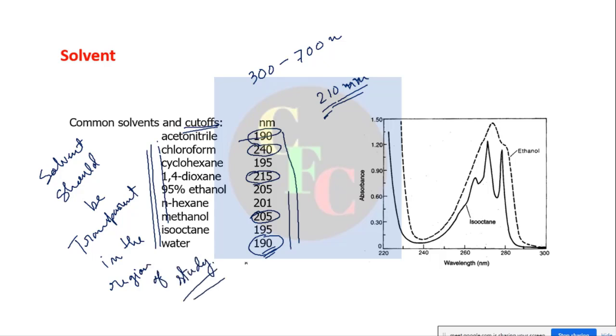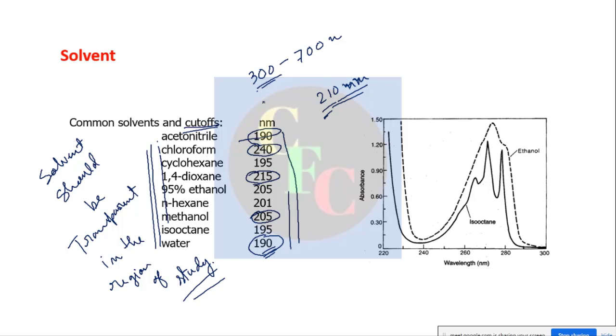not just by looking with your eyes that it is colorless. No, not by that. In the region of the study. Of course, 300 to 700 nanometer does not all fall in the visible range, so there is 300 also, below 360 is also there. If something absorbs there, you do not know, right? So you have to be careful about choosing the solvent.